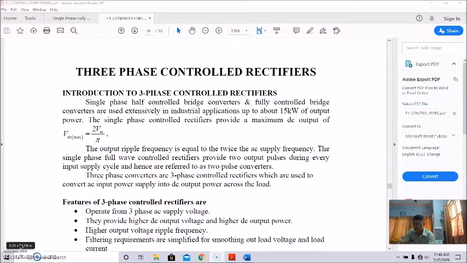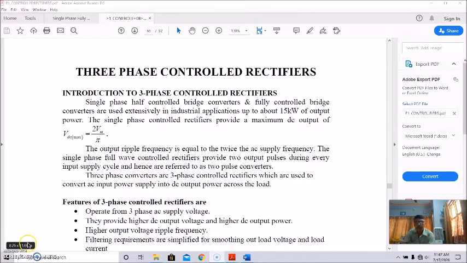Whereas full-wave bridge rectifiers may also be half control and full control. Full control is again divided into three-phase fully controlled bridge rectifier, that is commonly known as six-pulse converters, and another one is six-phase full-wave controlled bridge rectifier, that is known as 12-pulse